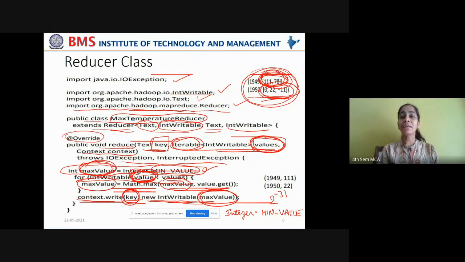That is why we are writing it directly now without having to create the instance, because the key hasn't changed. Did you observe that? The key hasn't changed, only the value has changed. From the list of values, it has picked the maximum air temperature. That is why the key instance is not recreated. It is used as it is. So the key is taken and the max value is taken. Both are written, meaning they are packed into the context object.